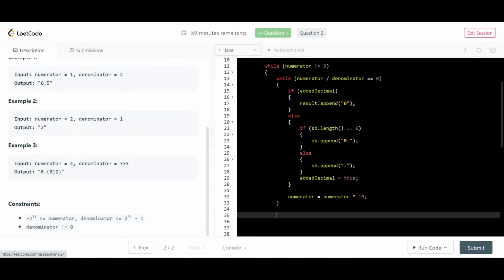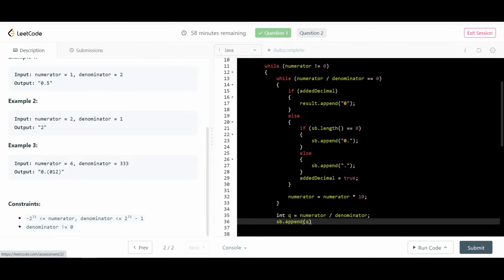Yeah, you can even append integer, right? So who cares? So sb dot append quotient equals numerator divided by the denominator. So sb dot append q, and now you want the numerator to be equal to